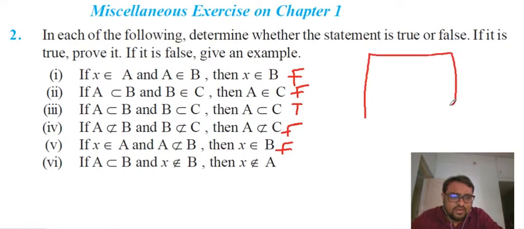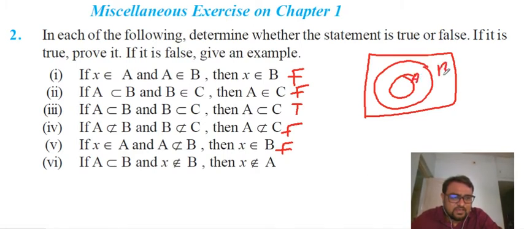Okay, so I'm taking an example. If I draw a Venn diagram, this is A and this is B, right? If I take any element outside B, let's say here 1, then 1 is not there in B, and definitely that is also not there in A, right? So if A is a subset of B and any element is not there in B, that means definitely it will not be there in A also. So this I will note down as true. Okay, so note down question number 2.